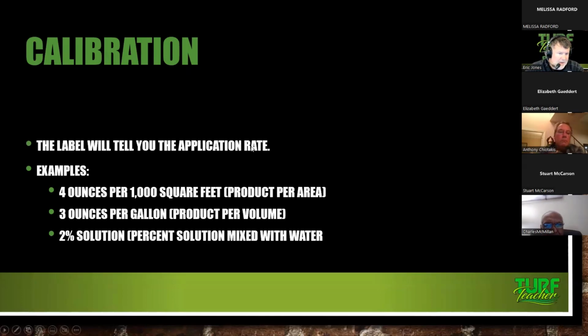The label will tell you the application rate. This is one thing that we're going to have to study. And we always kind of joke around with each other. I don't know if you guys know Matt Martin, good friend of mine. He's a UT graduate, big into turfgrass, big into it. And he's like, Eric, we've got to read our pesticide labels all the time. And the best thing about having these cell phones with us all the time is we can Google it, we can download these labels, but we need to read it.